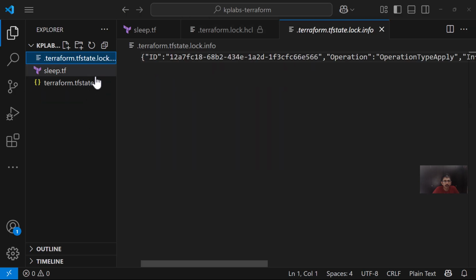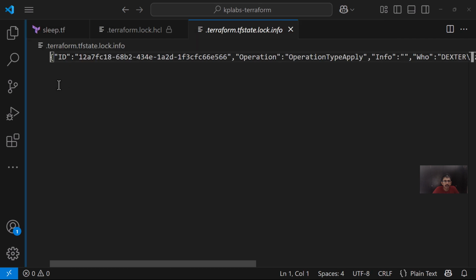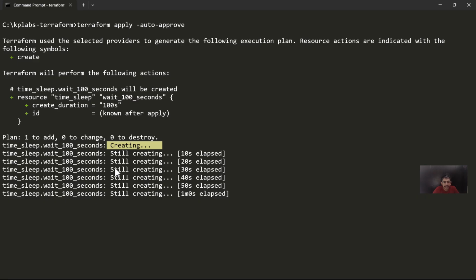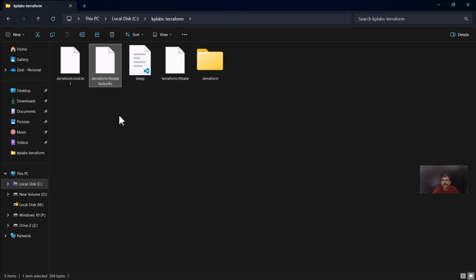If you look into the file, it looks something similar to this, where you have a specific lock ID. It also shows you who has acquired the lock. In this case, this is the user Zeelvora. So if there are multiple users, it becomes easier to see who has applied. As soon as the 100 seconds completes, this file will automatically be removed.